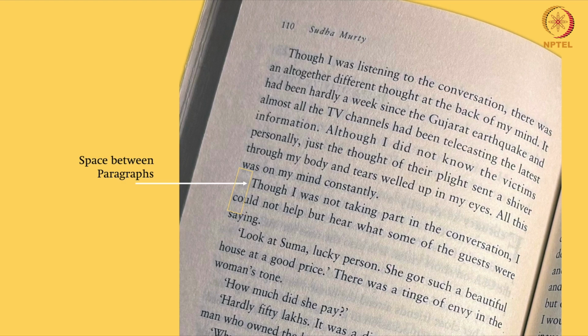Indents can be used instead of extra line space, right? If you are not using an indent, most probably you will have one extra line space to separate the paragraph. When you use an indent, you save a lot of space and it also maintains clarity. So proper use of indents ensures a structured and reader friendly layout.